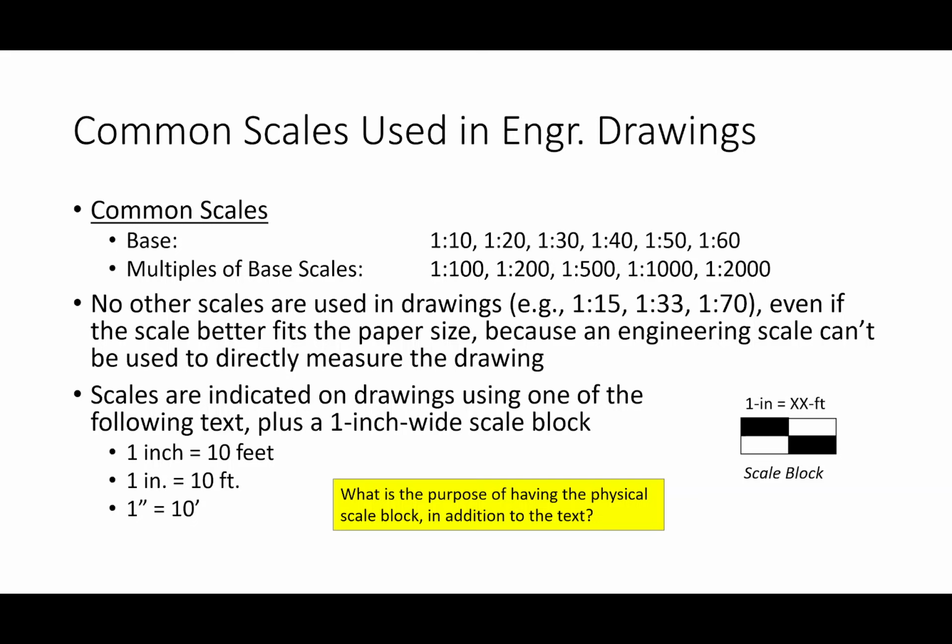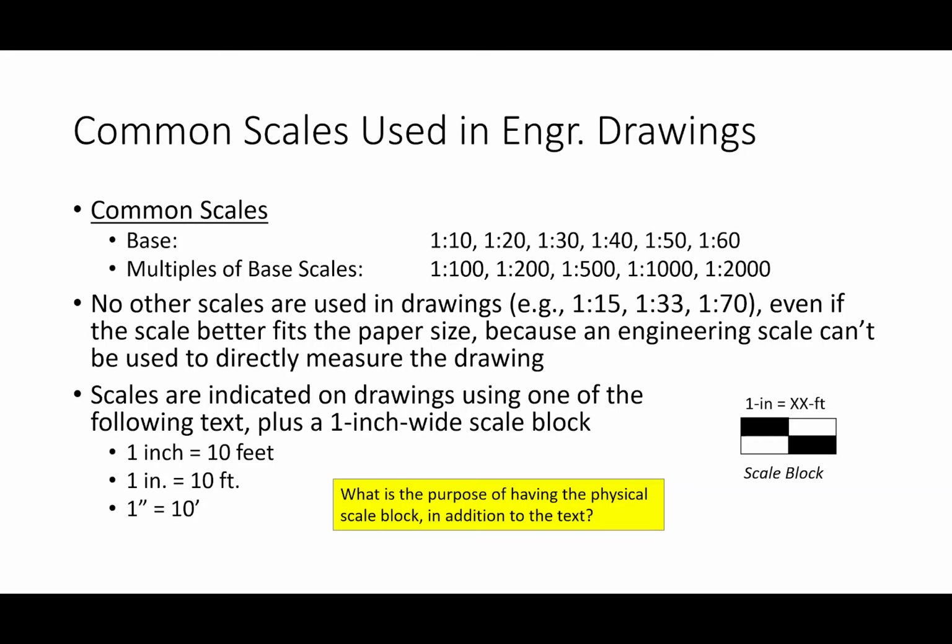So if we get to a point where 1 inch equals 60 feet isn't going to work, instead of doing 70 and 80 and 90, we'll just bump it up to 100, okay? So we can produce 1 inch is 10, 1 inch is 20, 30, 40, 50, 60. Then we might do 1 inch equals 100 feet, 1 inch equals 200 feet, 1 inch equals 1,000 feet, 1 inch equals 6,000 feet, what have you. Any of these multiples of 10, 20, 30, 40, 50, or 60 will work, okay? Does that make sense why we wouldn't use anything different? Because again, we can't use this directly, okay?